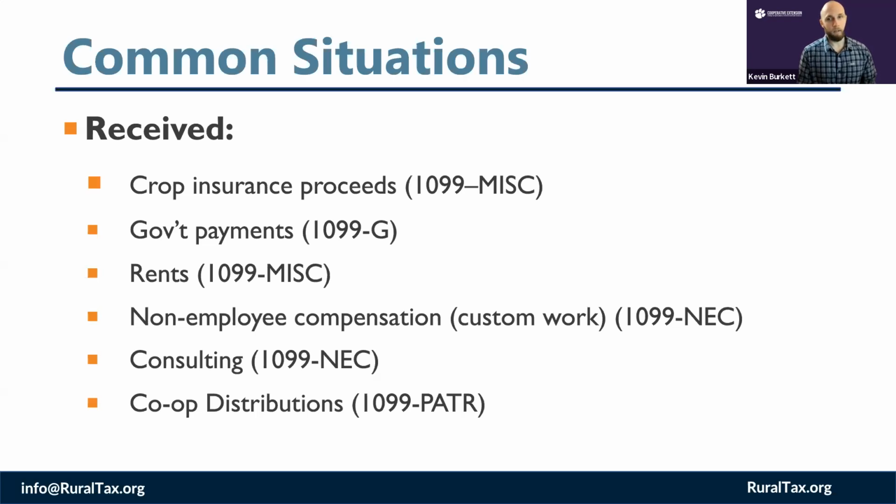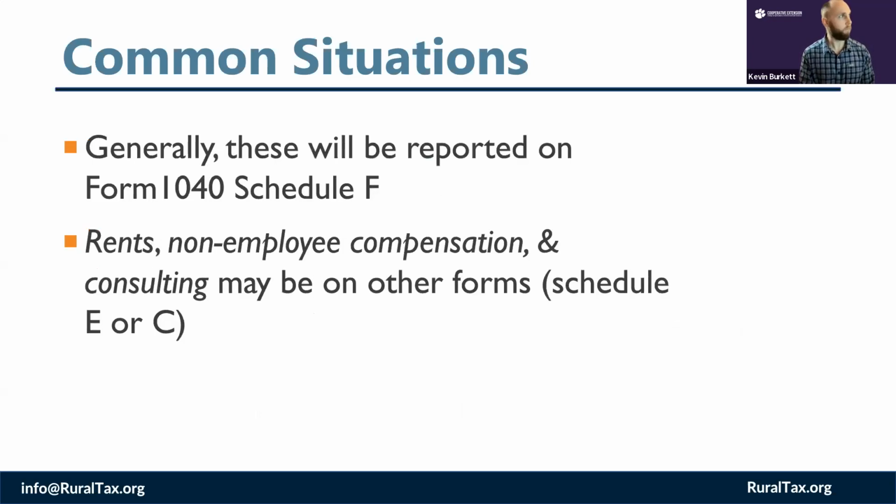So on the receiving side of things, it's not too complicated. We've probably recorded this information through the books and records of the farm. We receive, say, a 1099-G that confirms, yes, we received $1,000 from this government program, and we're already aware of that, and then we formally receive that 1099-G. But in a similar way, that information is going to be sent to the IRS as well. So most of the time, these are going to be reported on our 1040 Schedule F.